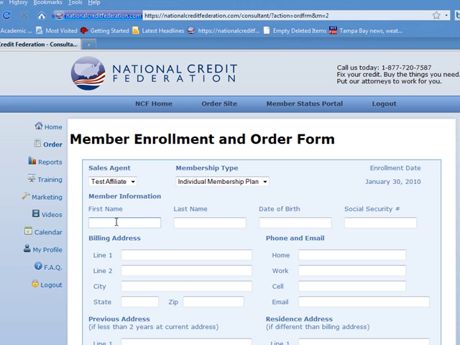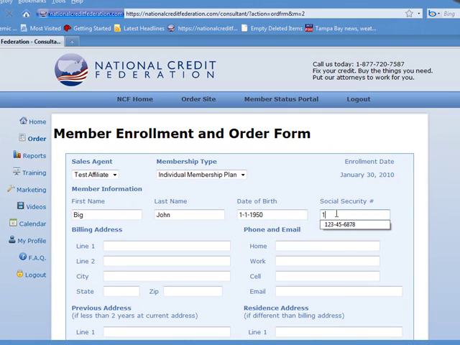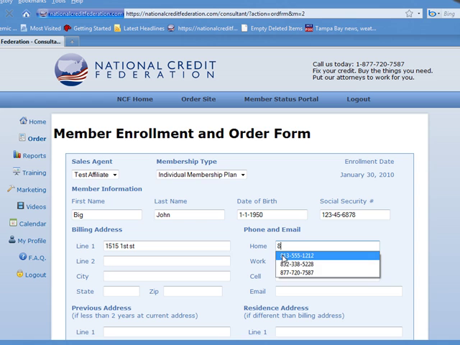The individual, their first name. On this one, we're going to make it Big John. Let's see, born in 1950. Obviously, you're going to be putting in their full information. Make this Tampa, Florida. And certainly we'd want any other contact number, their work phone, cell number,